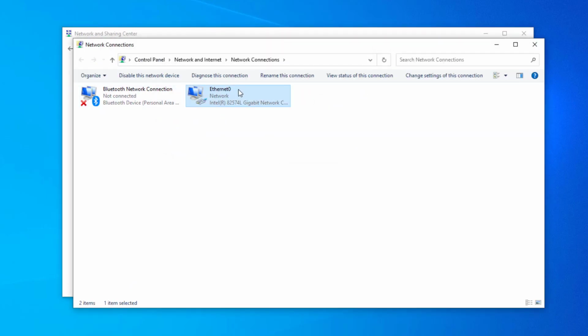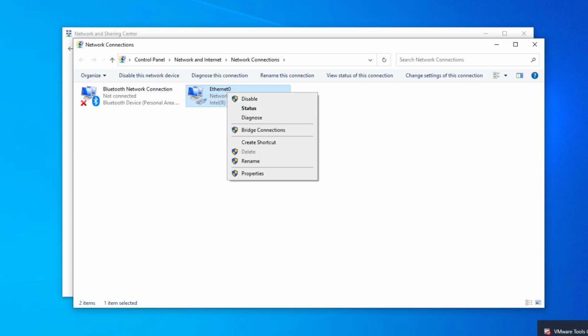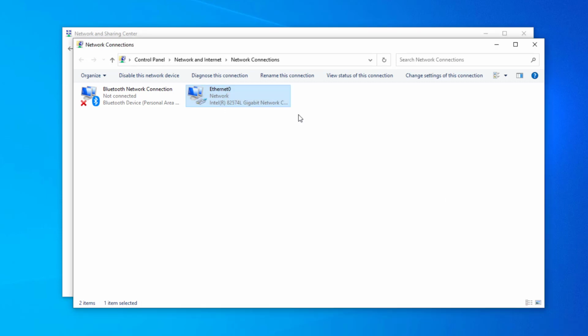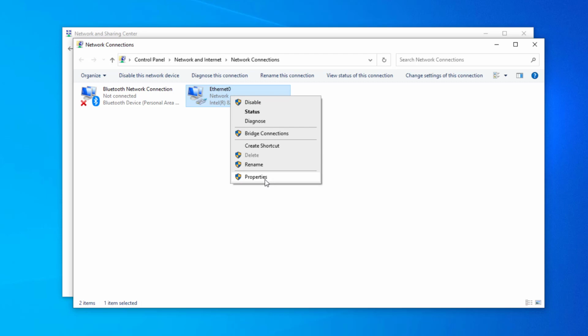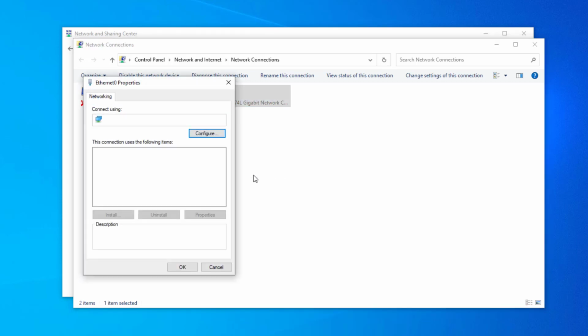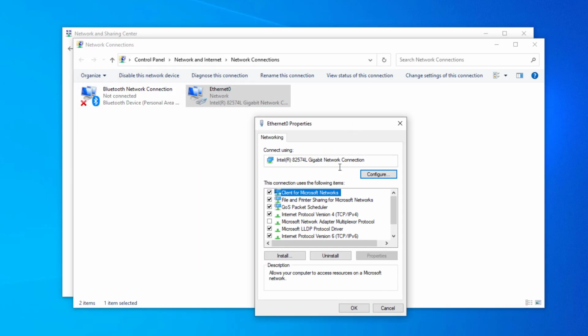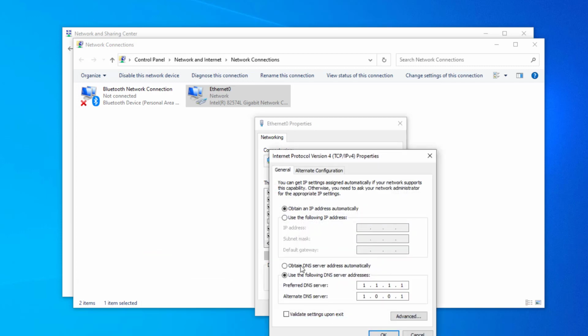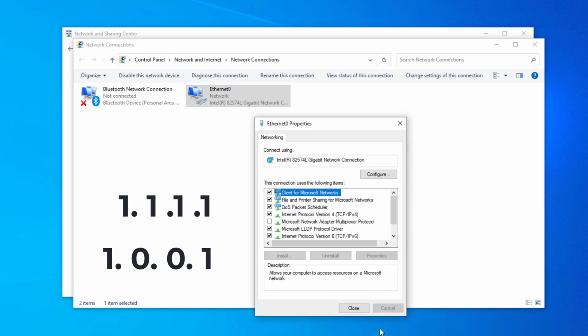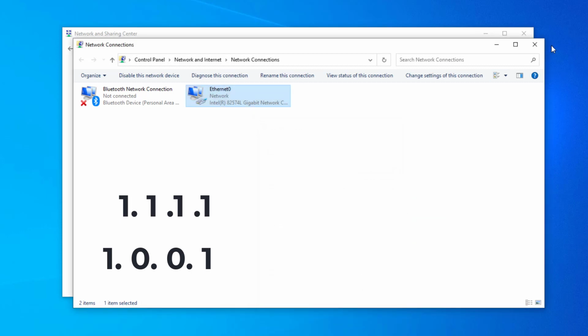Right-click your network adapter and click on Properties. Select Internet Protocol version 4 and click on Properties. Select Use the following DNS server address. Now your